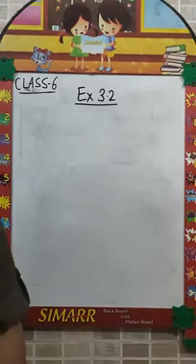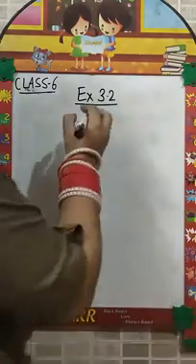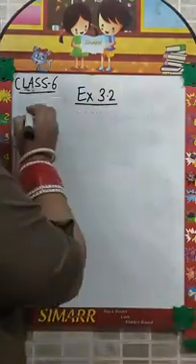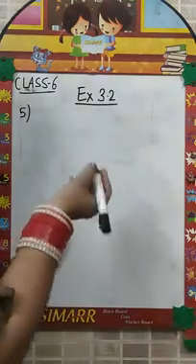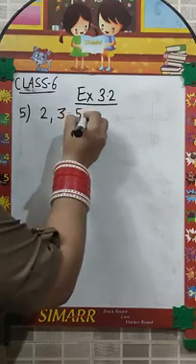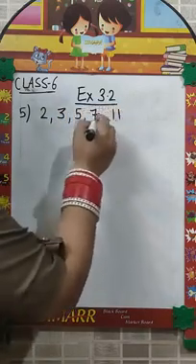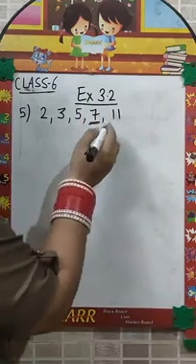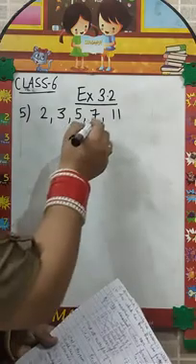So up to now we have covered exercise 3.2 up to sum 4. Today we'll write just sum 5, okay. What's there in sum 5? The greatest prime number between 1 and 10. Everyone knows prime numbers start with 2, 3, 5, 7. 9 is not a prime number, then after this we have 11. So the greatest prime number between 1 and 10 will be 7 only.